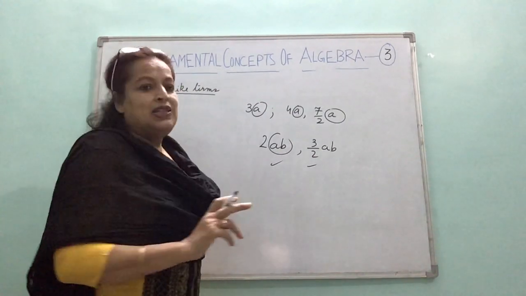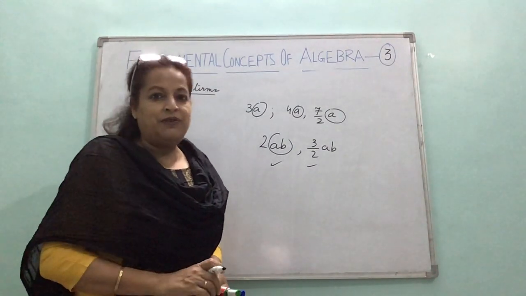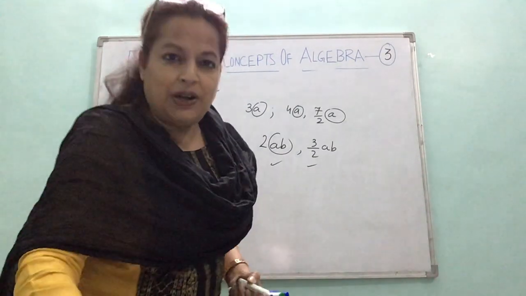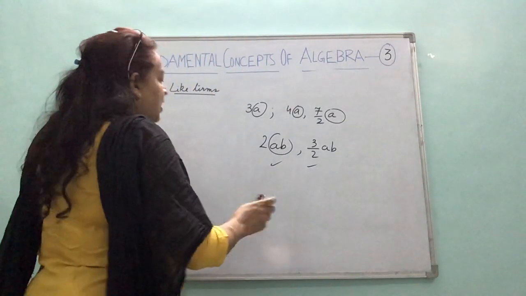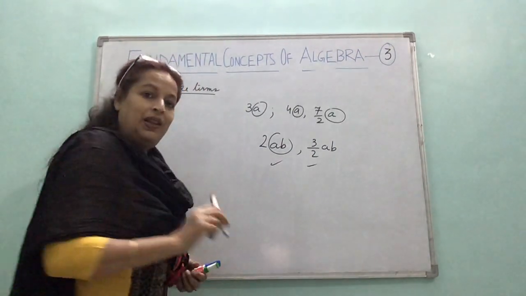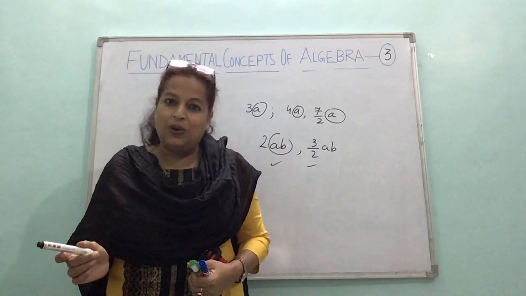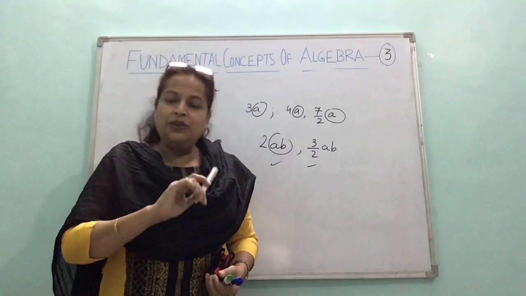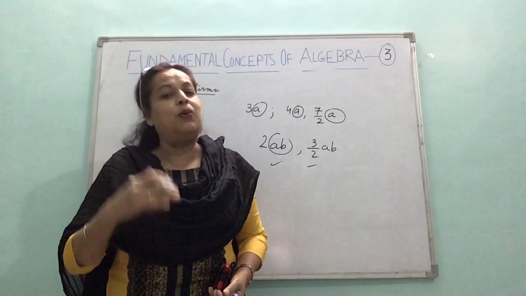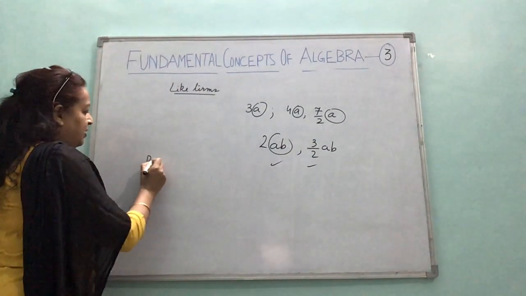So in my exercise 12B, there are questions number 6 and 7 where you have to tell whether they are like terms or unlike terms. So I'll do that part of the previous exercise today. Then one more term is there, polynomial. Well, do not get confused between the terms multinomial and polynomial. Multinomial just tells you how many terms are there: 1, 2, 3, more than 3 terms, multinomial. Now polynomial is different.